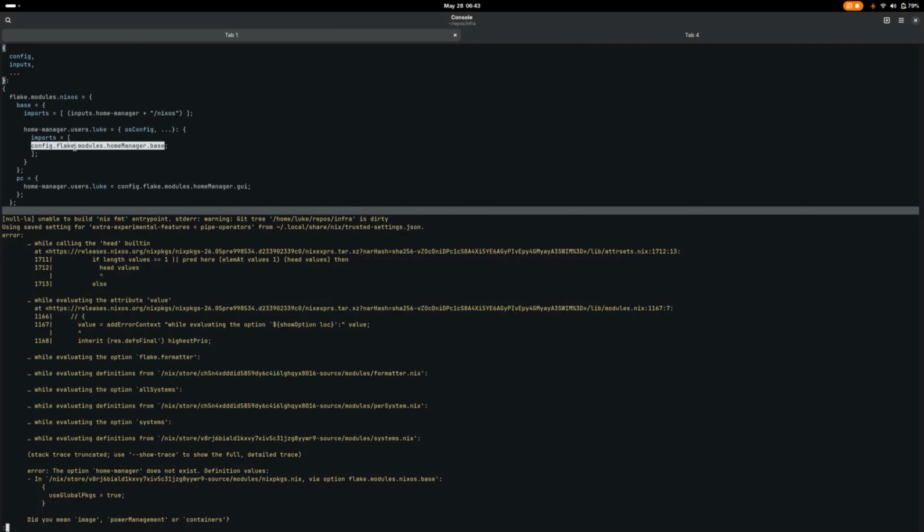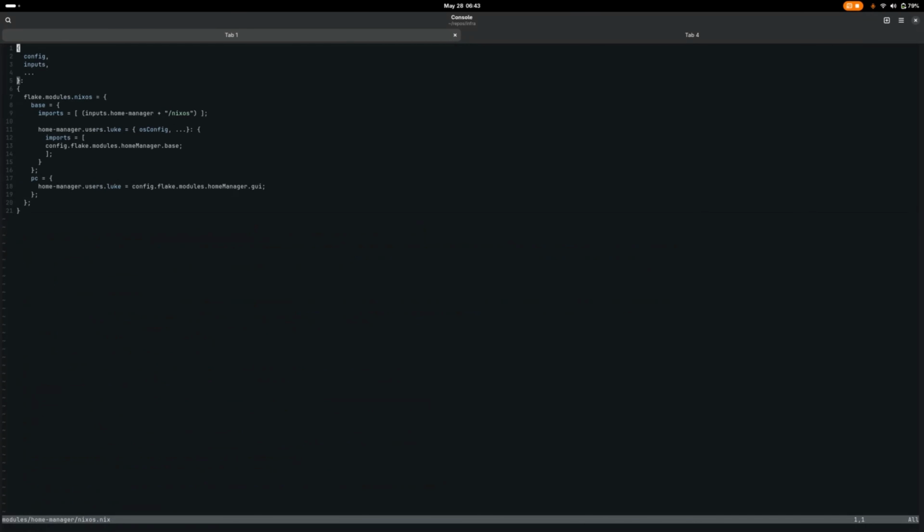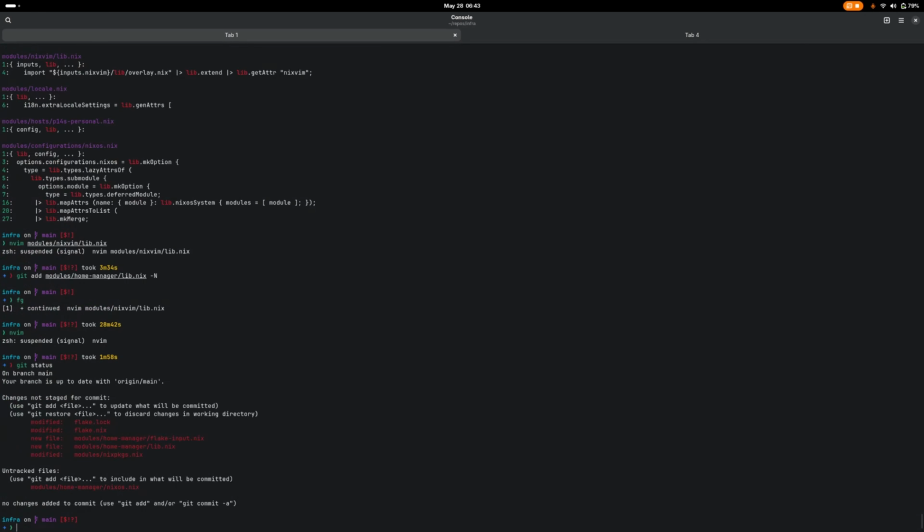I don't have line numbers, so I can't. Darn it. Is there a way to get? We don't need it. I saw it. Line 9. Great. As soon as the home manager NixOS module is imported into NixOS, then NixOS will have home manager options. Now, maybe this file is not tracked yet. That is correct. So git add